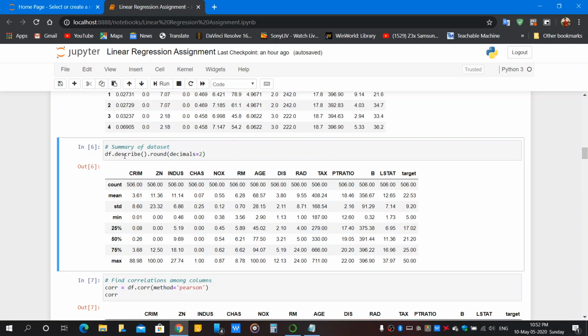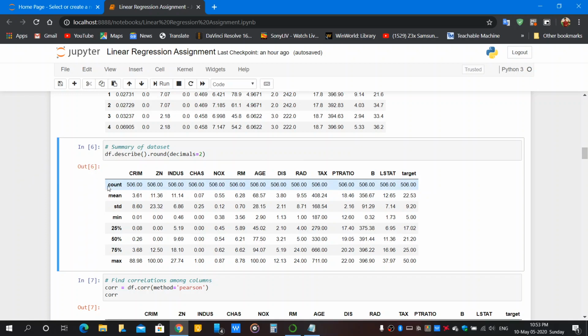The description of the data frame provides a bird's eye view of the kind of values stored in the columns. For example, here we can see that the range of this information is between 5 and 50, and also the mean is 22.53 and standard deviation is 9.20. The describe method computes the following parameters for each column.